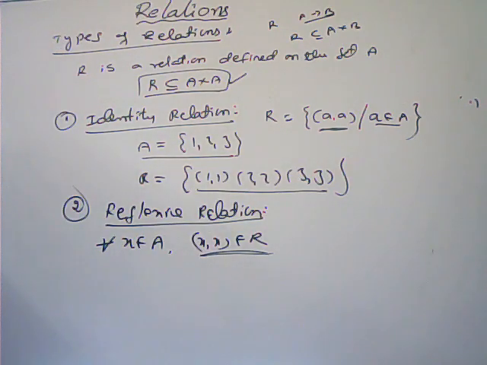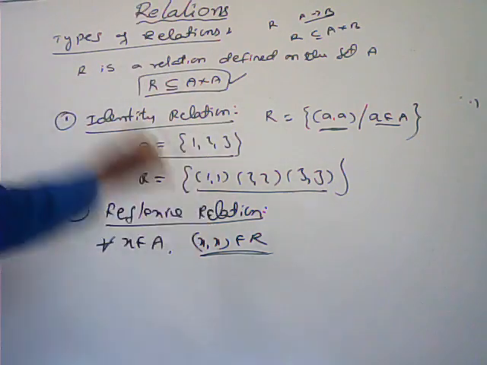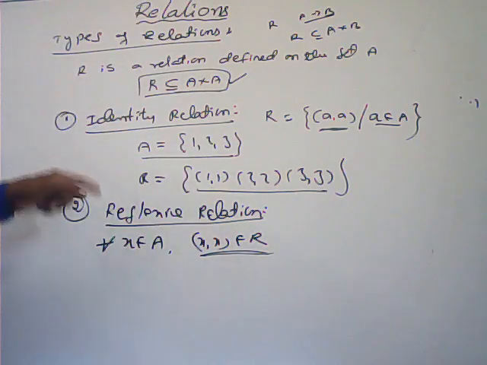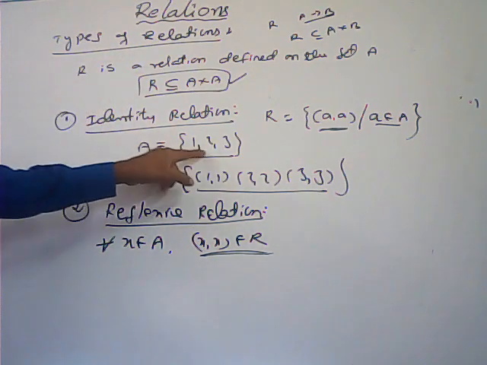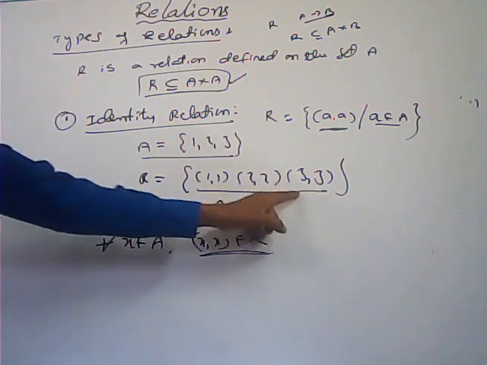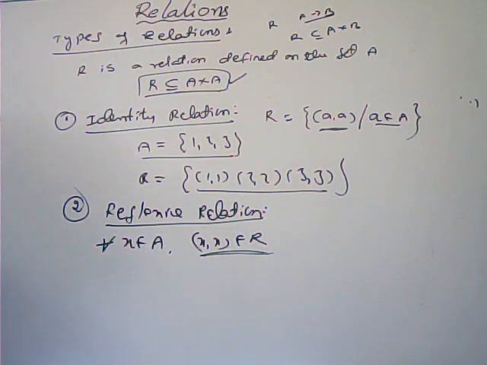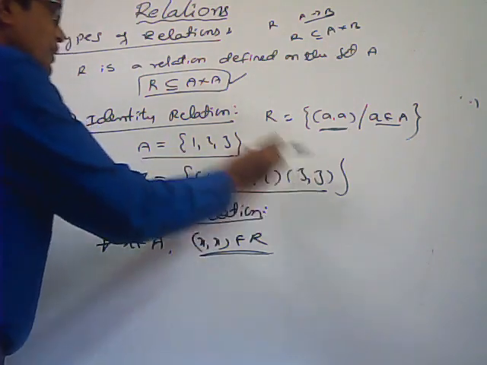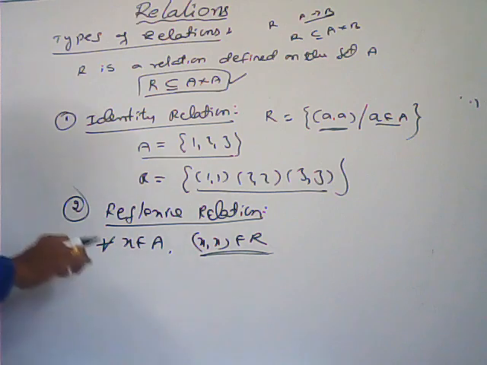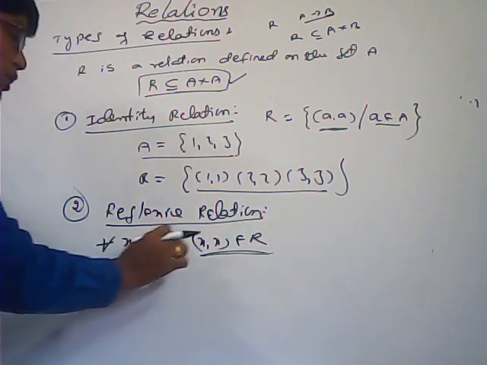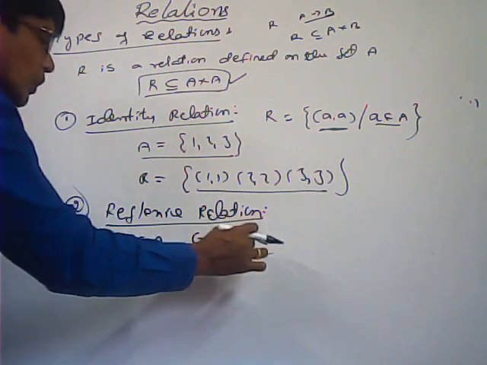Along with those equal ordered pairs, here a restriction is there, here there is no restriction. Here what is the condition? It contains only equal ordered pairs. For example, if a set contains 3 elements, 3 equal ordered pairs. It should not contain maximum number 3 only, least also 3 only. Only 3 equal ordered pairs are there. That one we say identity relation. If a set contains 3 elements. Here, for every x belongs to A, ordered pair x comma x belongs to R.